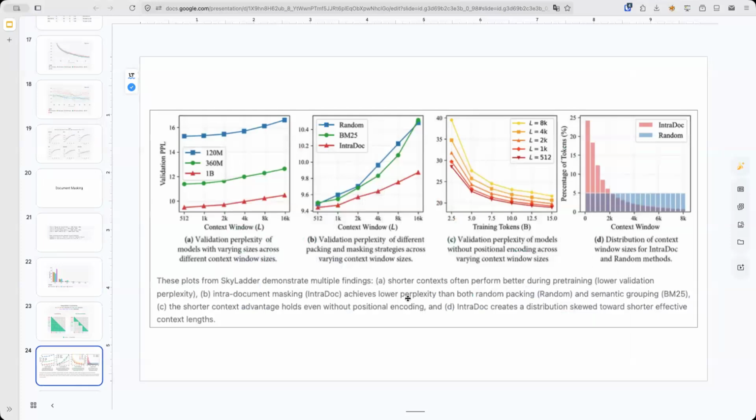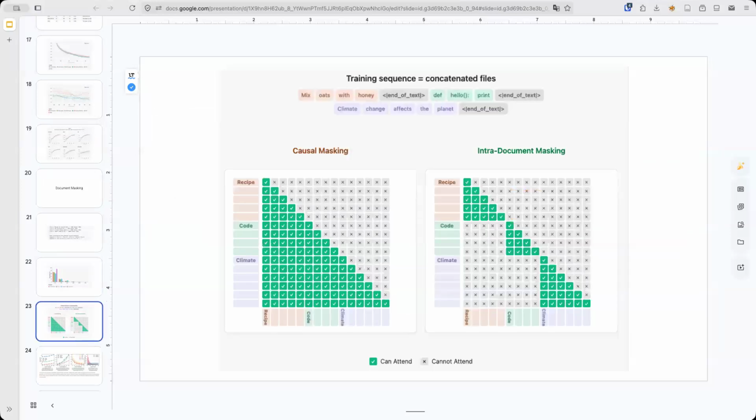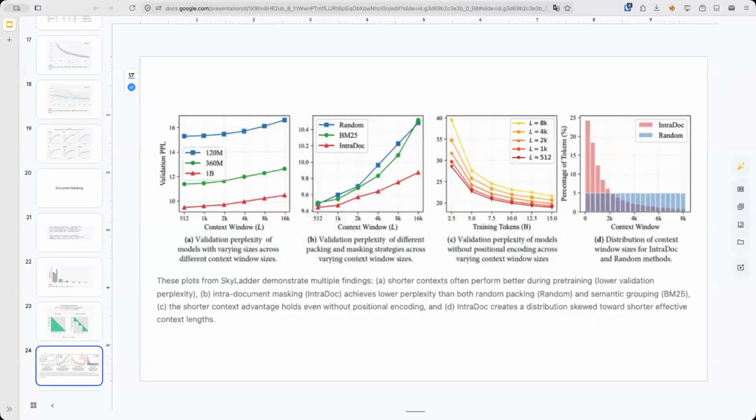And the authors measured how it performs compared to randomly shuffling the documents, compared to joining documents together without intra-document masking, and compared to joining documents that belong roughly to the same category, the same group, using the BM25 algorithm. And they compare it with intra-document masking. And what they see is that